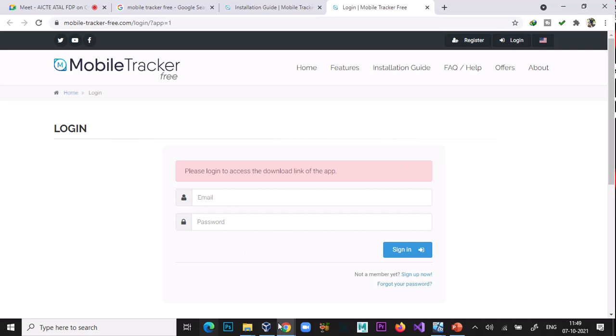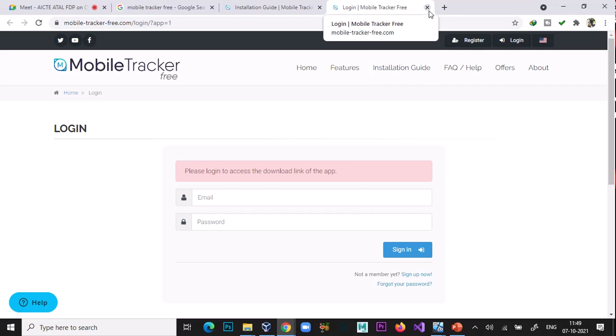So this is the app. First of all, you have to sign up there, and after signing in, you are able to download this APK. After downloading the APK, you just install that APK on the victim's phone, your child's phone or an employee's phone, and after installation you will get complete access to the phone.